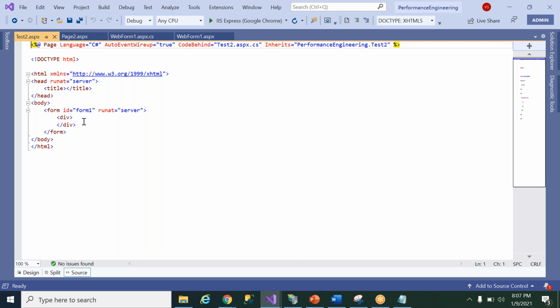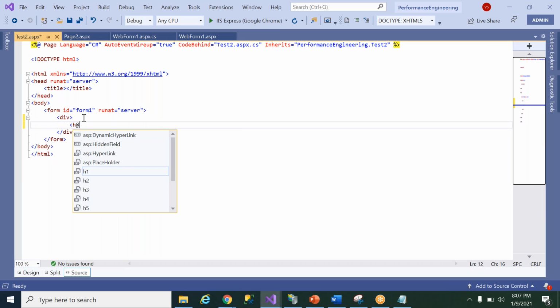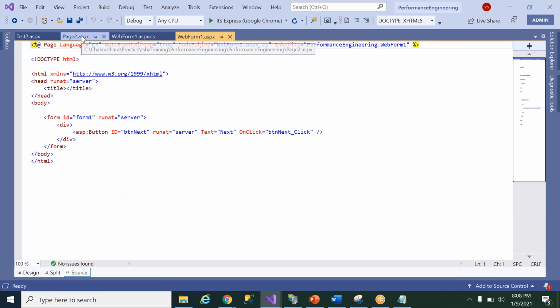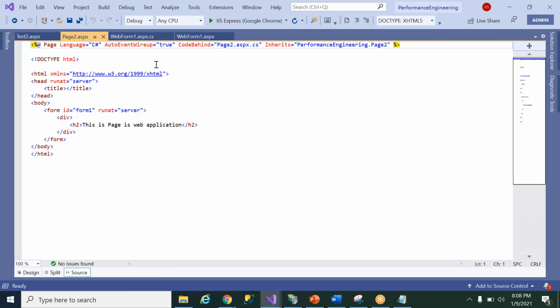What I'm trying to do here is keep one header here. I'm writing here, hello test Isha technologies. But before that, I have one more page, web form 1. Web form page 2 I have also created already. Now in page 2, what I'm trying to do is, from the toolbox, if you want to perform any actions, you have to